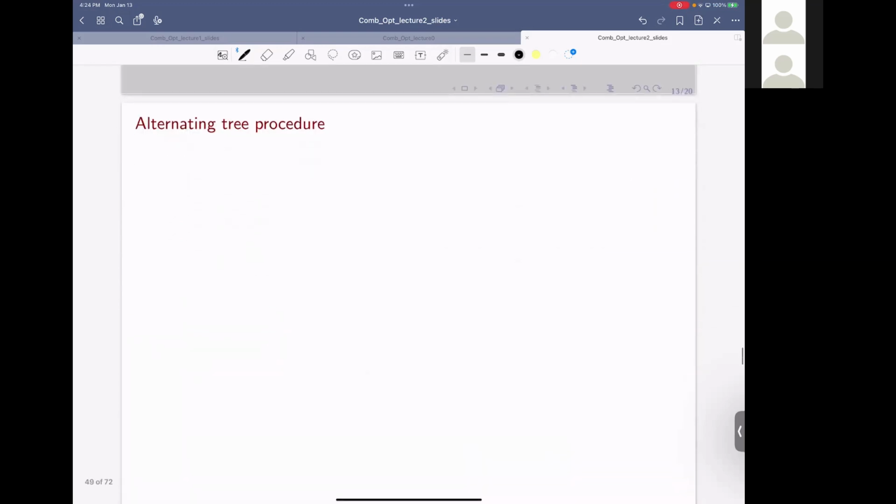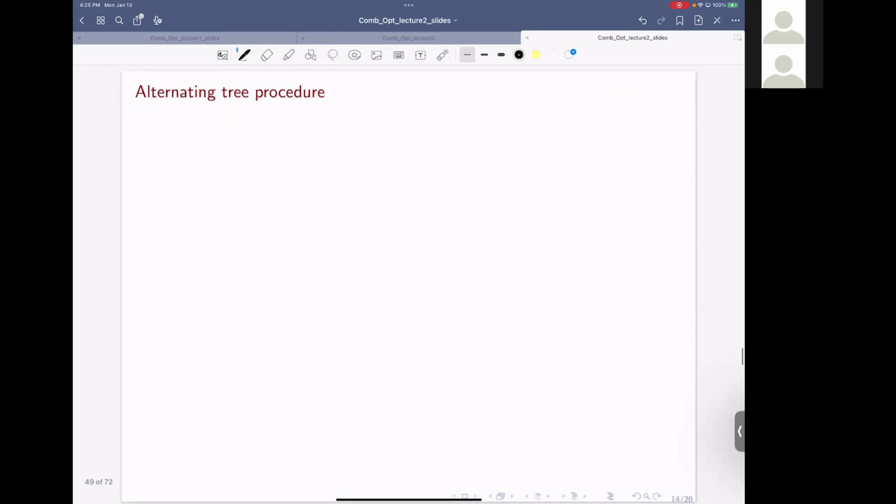Now, let me explain this procedure of finding an augmenting path. Let me start with an example, and I guess the main idea is quite straightforward once you look into this example, and I'll give you some brief analysis of why it's correct. So, to find an M-augmenting path,